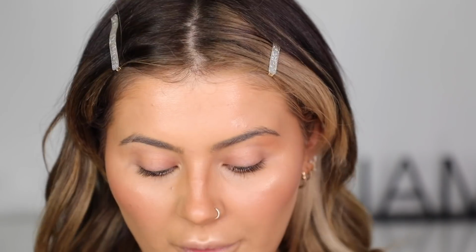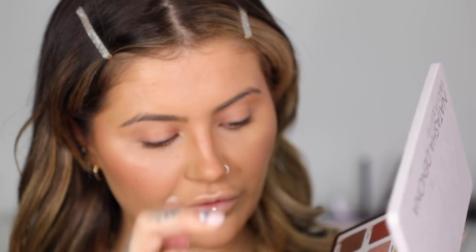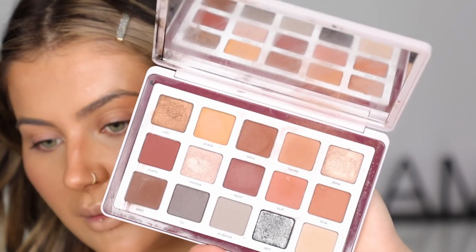And then probably my most favourite palette, which is so boring, but it's so great, is the Natasha Denona neutral palette. The Biba palette it's called. Unfortunately, I've lost the black shadow in this one, but this is actually the palette I used on my wedding day as well. As for eye primers, loads of you guys will know that I actually use the Nars concealer